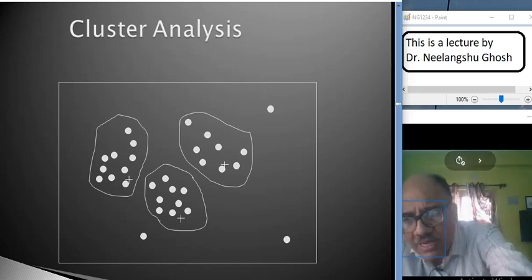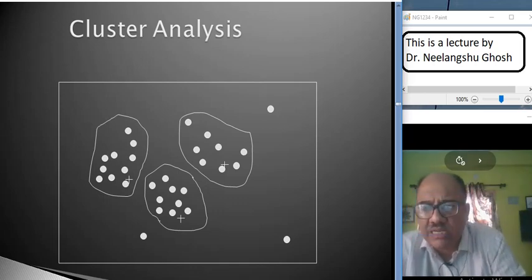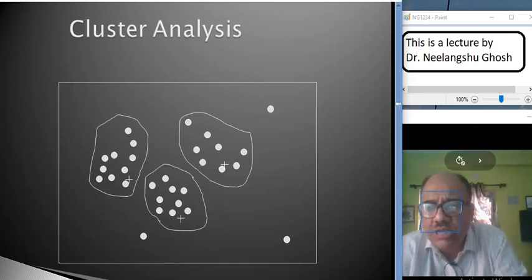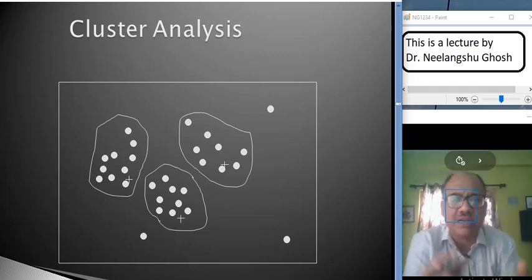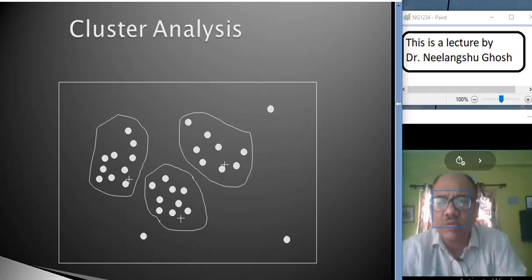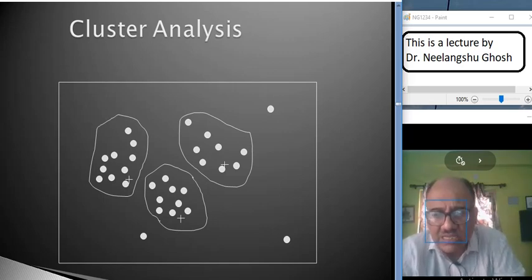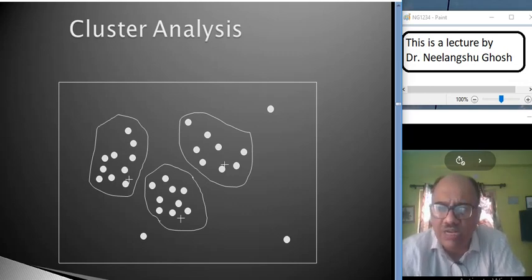See, all of them are very near. These values are also near, so they can be grouped together. They can be clustered or grouped together, and that's why it has been done in this way. And these three separate values which do not belong to any of the groups are the outliers.